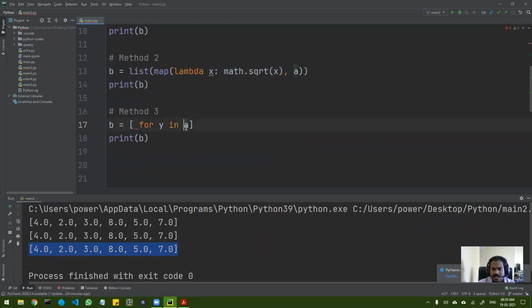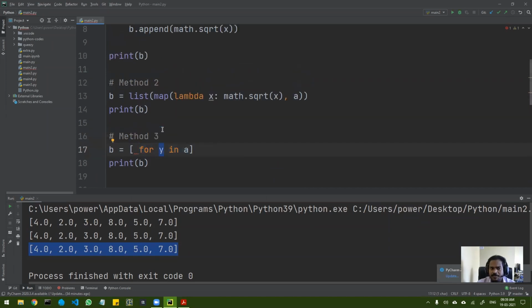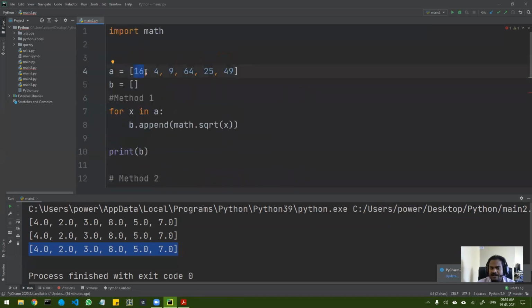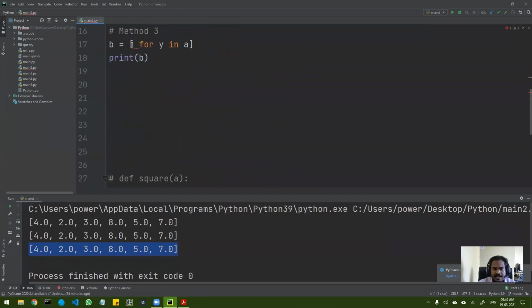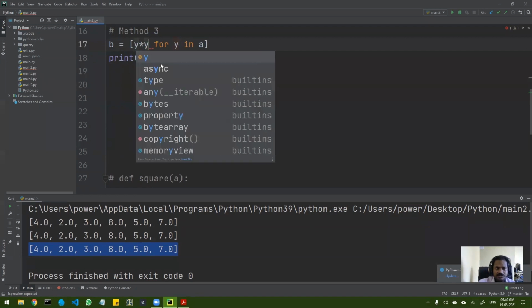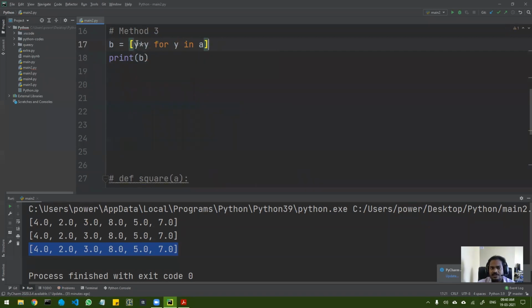So the original list, okay. So अभी इसमें से क्या हो रहा है, so for y in a से normal for loop इधर रन हो रहा है, ठीक है। So हर एक आइट्रेशन में y के अंदर एक एक वैल्यू आएगा। सो पहले आइट्रेशन में y 16 आएगा, सेकेंड आइट्रेशन में 4 आएगा, ऐसा, ठीक है। And here जो उन्होंने स्टार्टिंग में स्पेस छोड़ा था वहां पे आपको कोई भी ऑपरेशन चाहिए वो कर सकते हो। Let's say for example y into y, मुझे स्क्वायर निकालना है हर एक नंबर का, तो मैंने y into y कर दिया, ओके।